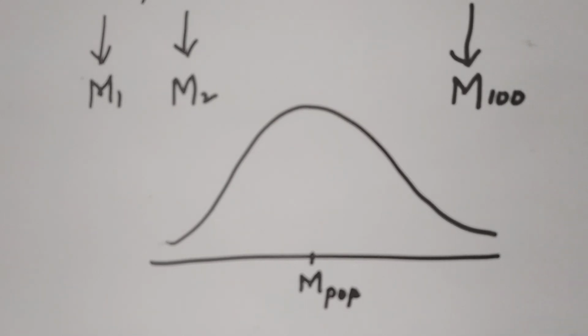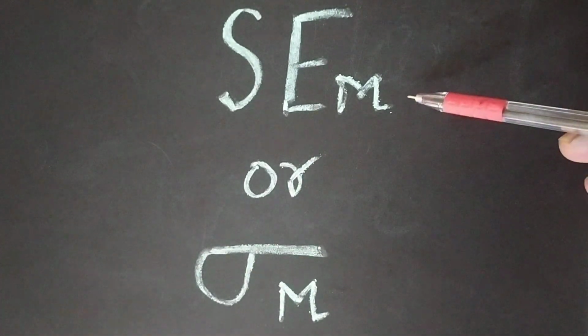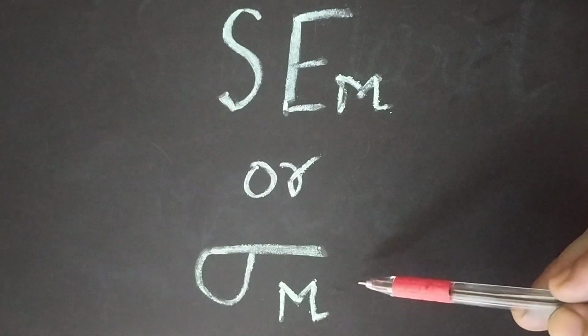Well, we can find the standard deviation of these 100 means, and the estimate of standard deviation of sampling distribution about the mean is the standard error, right? So standard error is the measure that determines how much dispersion is there in the sample means around the population mean. Standard error of mean is represented using this symbol SEM or sigma m.